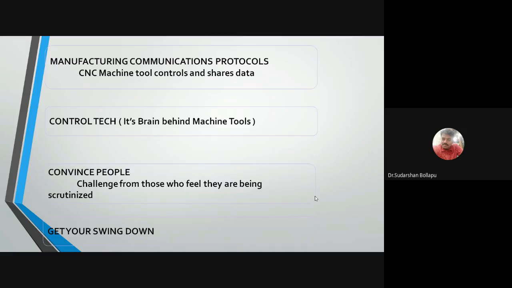So it is too difficult here, a challenge from those who feel they are being scrutinized. Scrutinized means in all aspects, the human being is going to be evaluated in smart manufacturing, so it is too difficult to convince the people. In any kind of organization, there is a little bit of human parallax error, to give some tolerance for